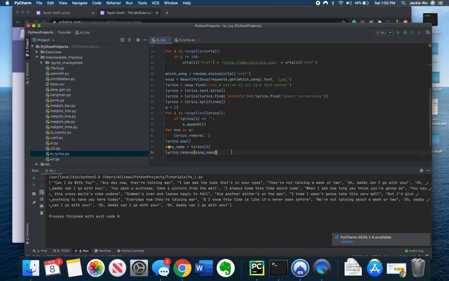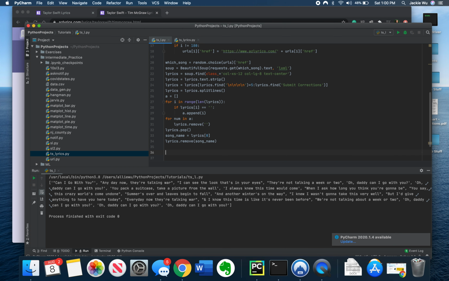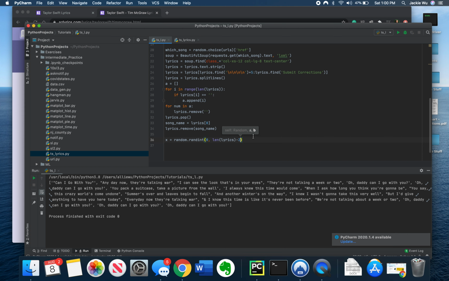All right, now for the last few steps. So I'm gonna just say x is equal to randint 0 and length of the lyrics minus 2. Okay, so what is x gonna be? So x is going to be of an int data type, and it's basically gonna be a random integer, randint from 0 to the length of the list of lyrics minus 2. So why minus 2? If it were length of lyrics, the range is going to be a little too long because